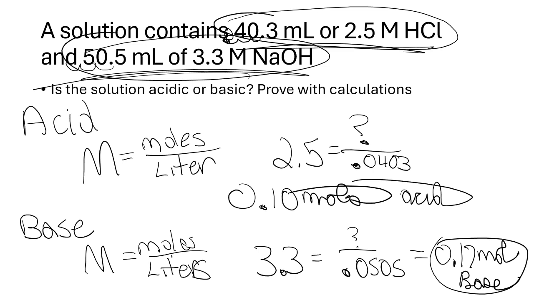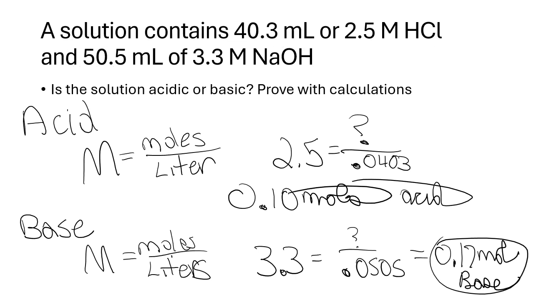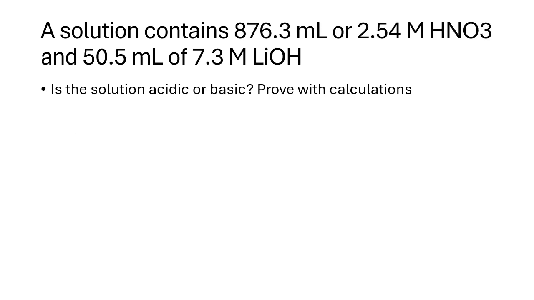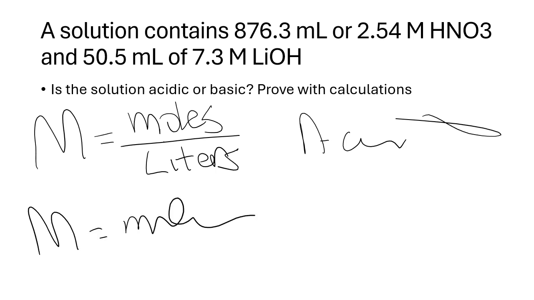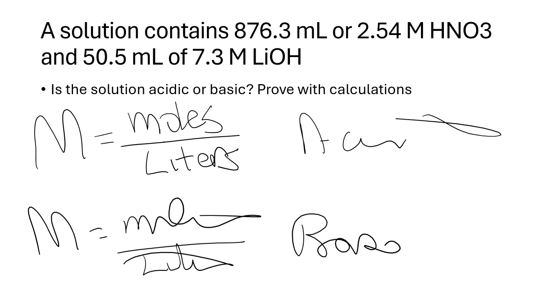NaOH. It's going to be basic because we have more base than acid. And so for this question, I'll probably ask something stupid for the last question, but for the second to last question, it's as simple as that. We're just going to take big M, moles divided by liters of the acid. Big M is moles divided by liters of the base. And the higher of the two will make the solution